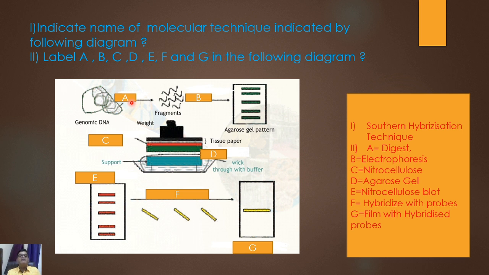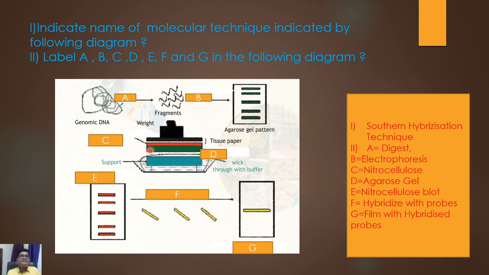A means digestion, in the presence of restriction enzyme that cuts double stranded DNA, and we get double stranded DNA fragments. Then we do agarose electrophoresis where DNA will move from cathode to anode. After separation into different size DNA bands,